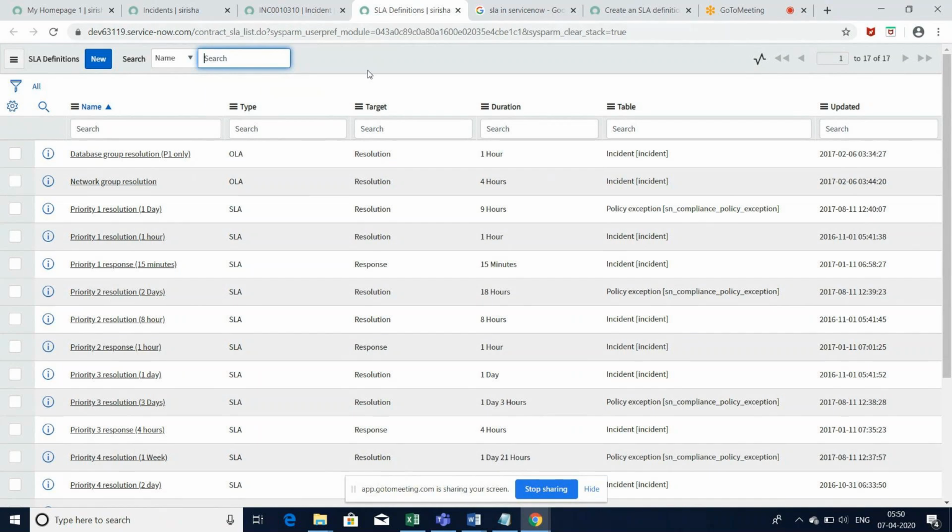The SLA definition is used to create the SLA